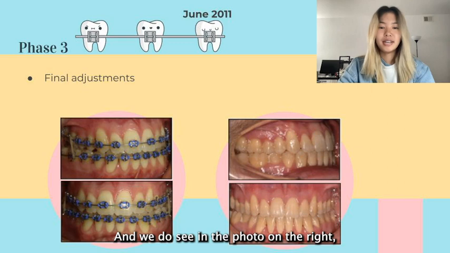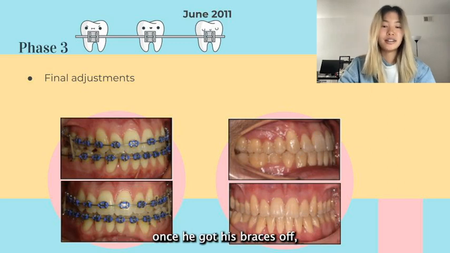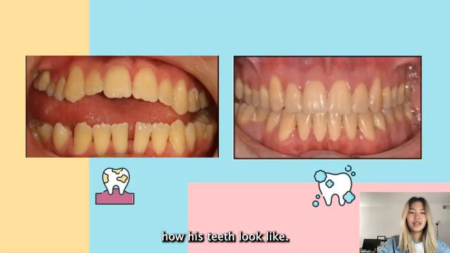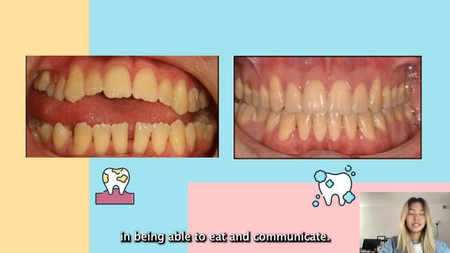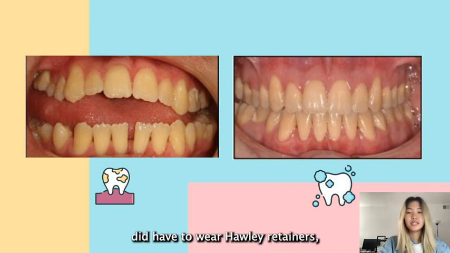And we do see in the photo on the right, once he got his braces off, how his teeth look. And so here we see a before and after of the patient's teeth. Obviously, a lot has changed, and this is really going to be helpful for just the patient's daily function in being able to eat and communicate. One thing to note is that the patient did have to wear Hawley